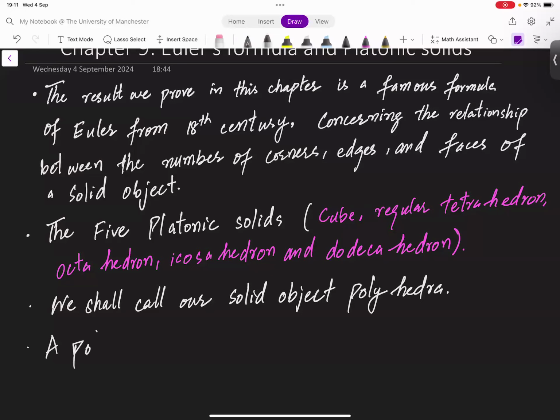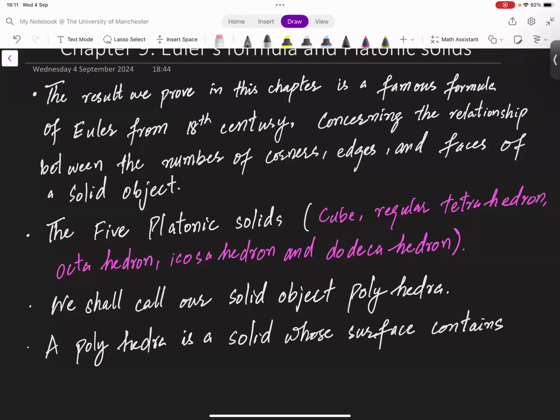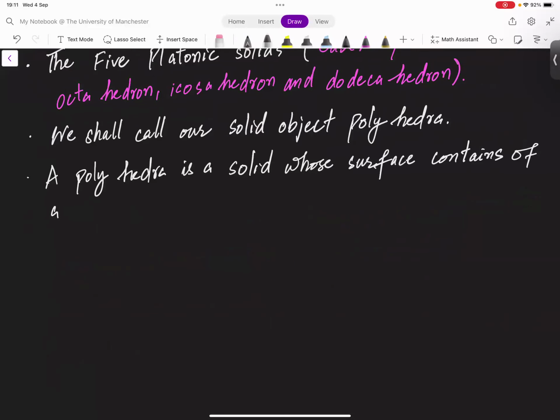A polyhedron is a solid whose surface consists of a number of faces, all of which are polygons,